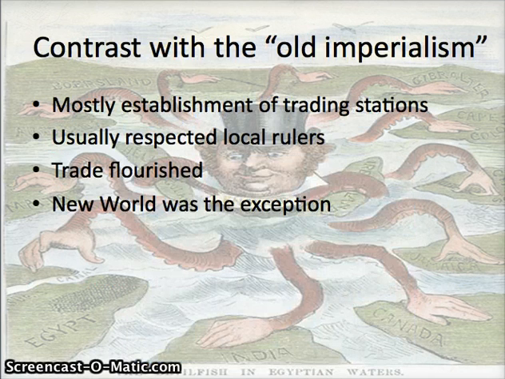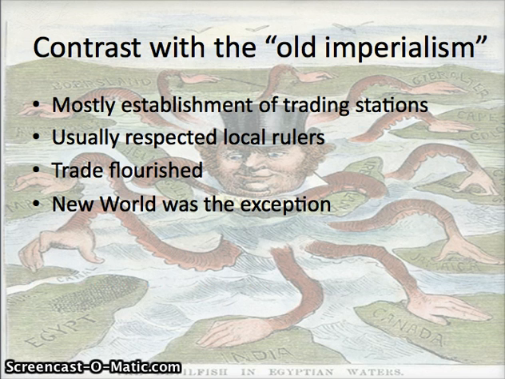There was a period of imperialism prior to this era, really starting with the age of exploration in the 16th century. So you could consider that the old imperialism, right? When we talk about the explorers, Vasco da Gama, Columbus, and so on. But there's a major difference between the two. The old imperialism really started in the 16th century with the age of explorers, and then concludes around the 18th century.